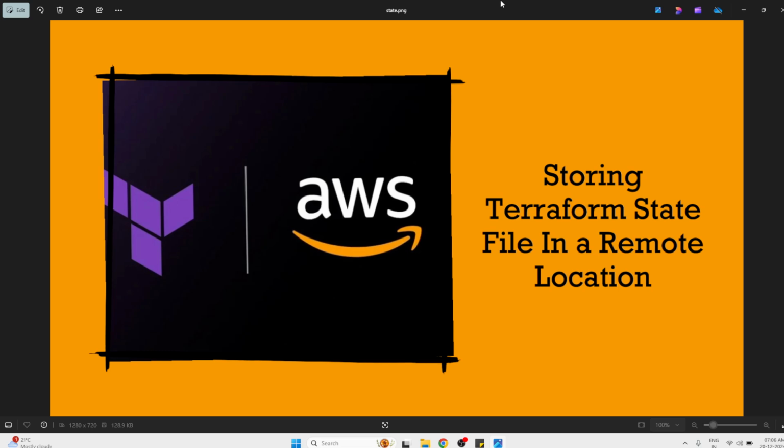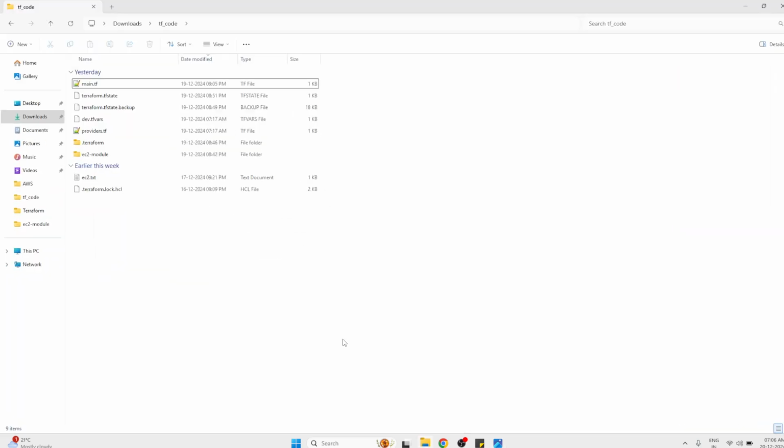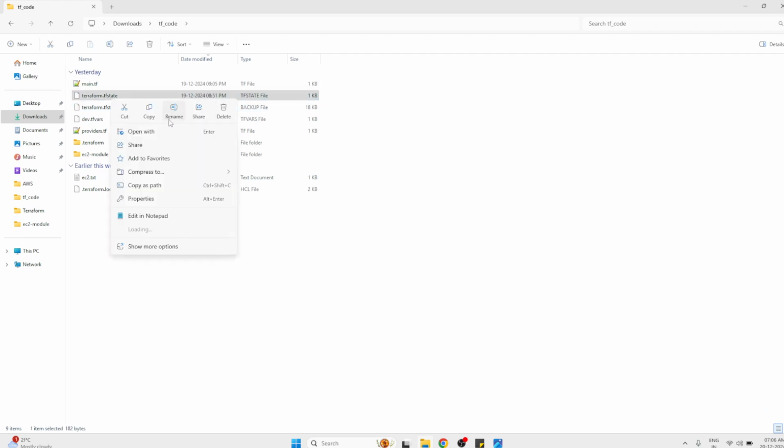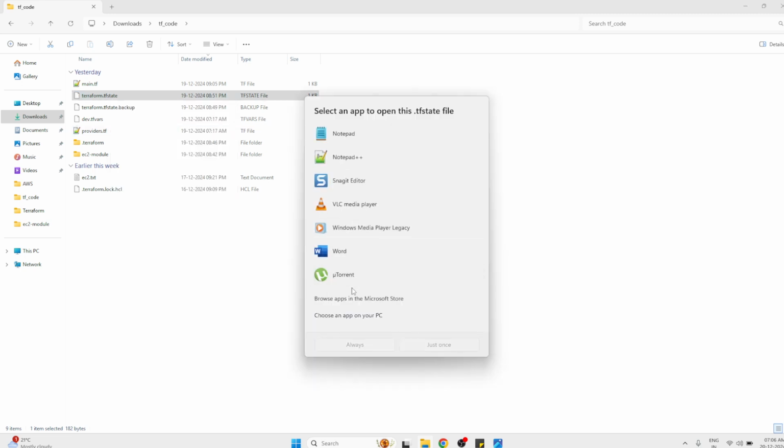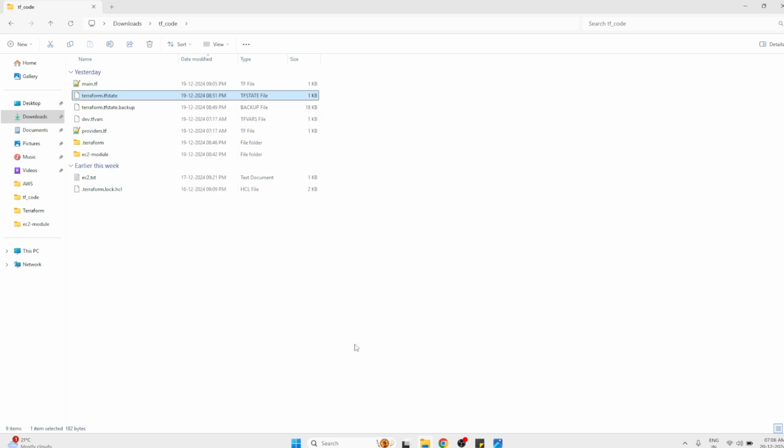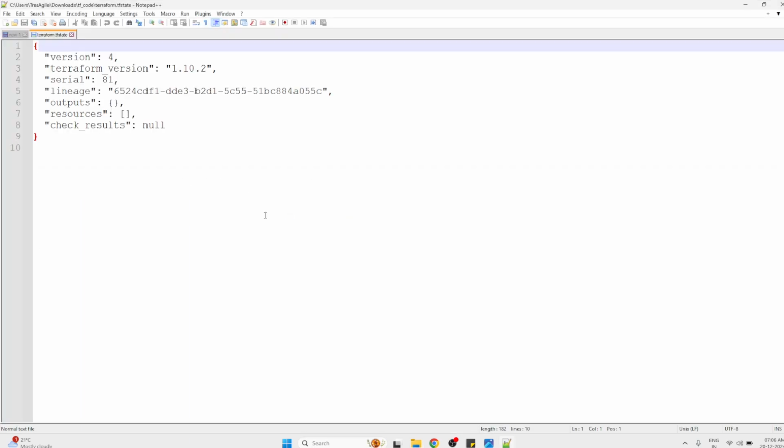There is a file called .tfstate. Usually it will be on your local laptop, wherever your Terraform code is. See .tfstate, this is a state file. Let's open it with Notepad++. Of course, I haven't created anything, so this state file